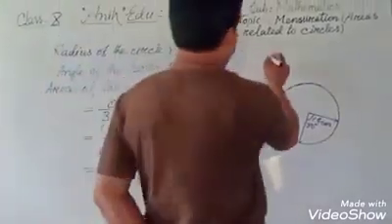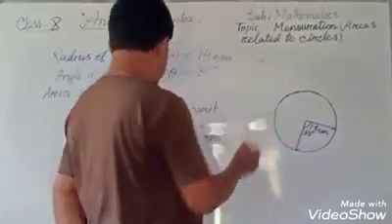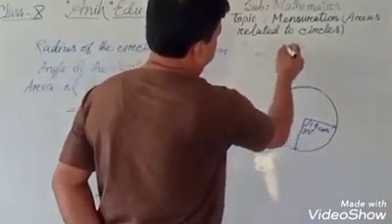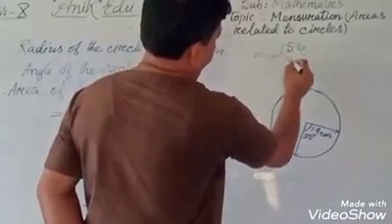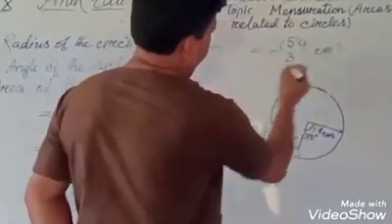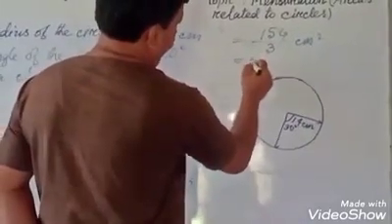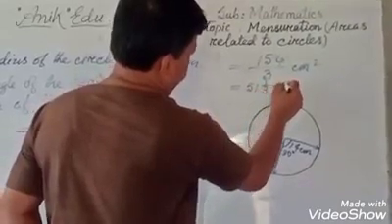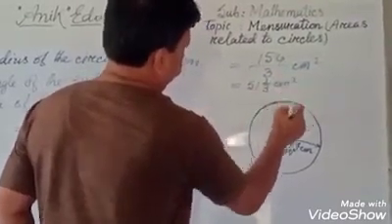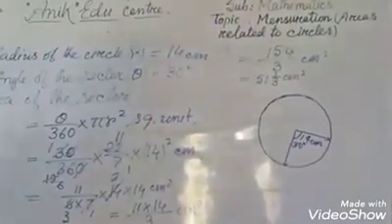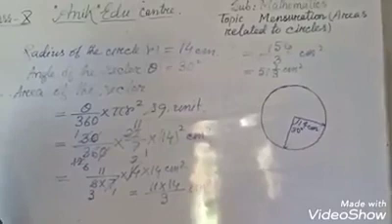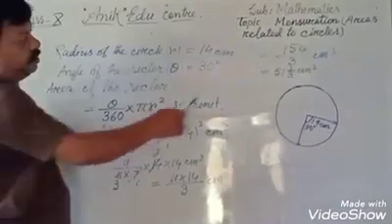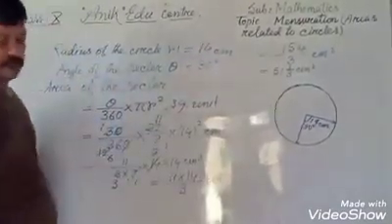And our result will be 11 into 14 will give us 154 divided by 3 centimeter square, and it is 5 3s are 15, 51 whole 1 by 3 centimeter square. The area of the sector produced by the minute hand in 5 minutes is 51 whole 1 by 3 centimeter square.